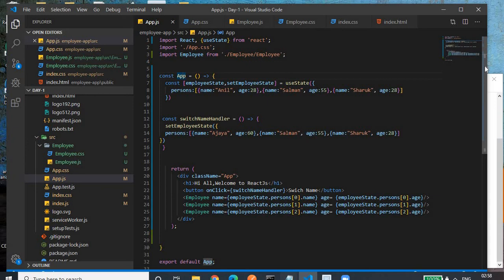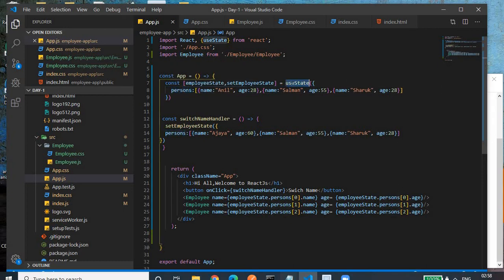So we have to import useState from React, because useState is a hooks method for keeping the state of the application. In useState, it will take an object, and here we will define the state. We have defined an array of person.